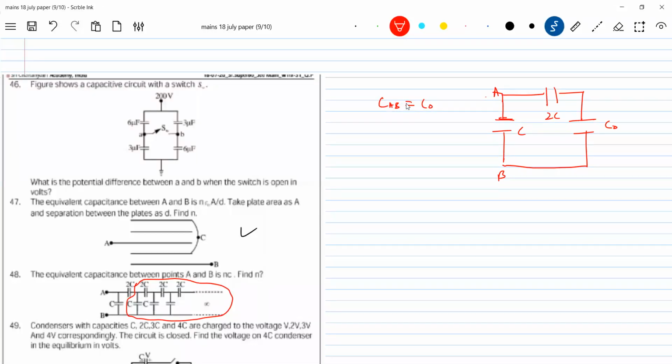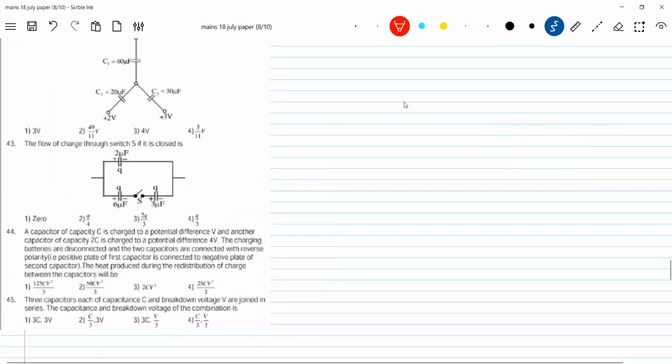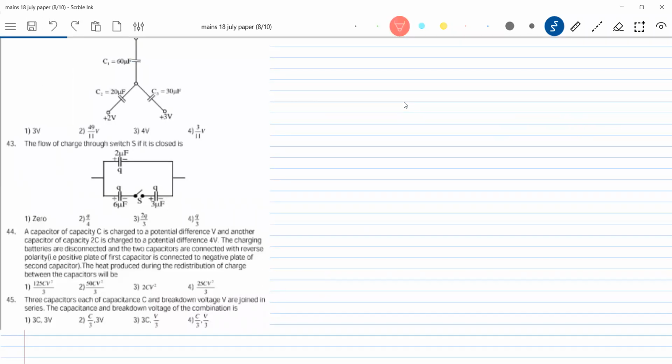43, 44. This E generated, we have seen the flow of charge through the switch as it is closed. Again, this also charges the capacitor. Charge of these two plates must be conserved. Please do refer to notes. We have discussed so many problems here, no? So calculate the final charge on the plates, then take any one plate and check the charge. If the charge has changed, then some charge might have entered or left. Idea 43.